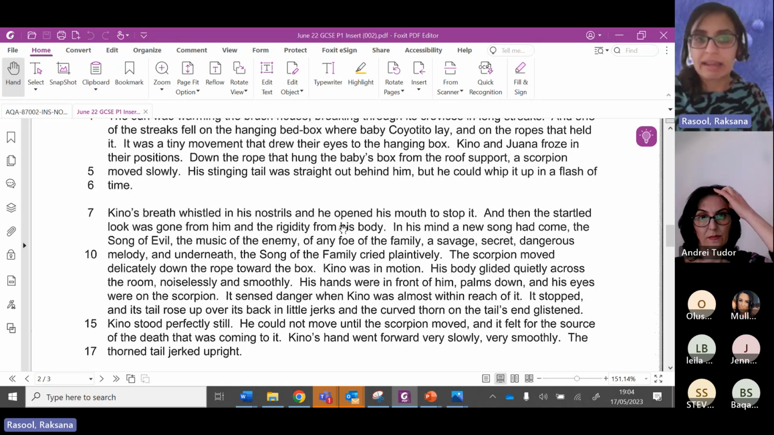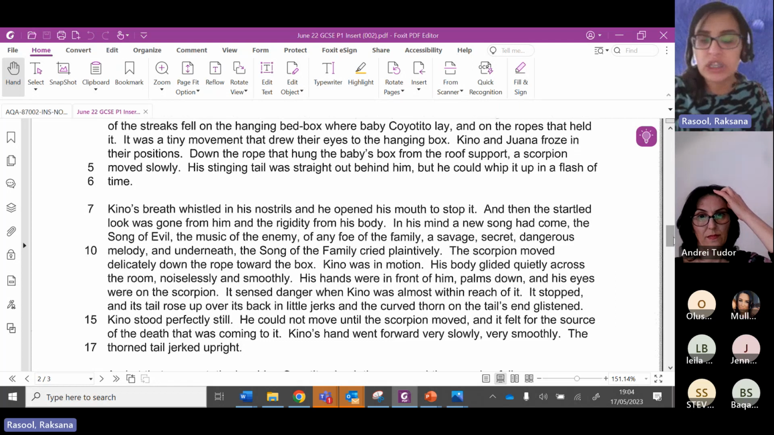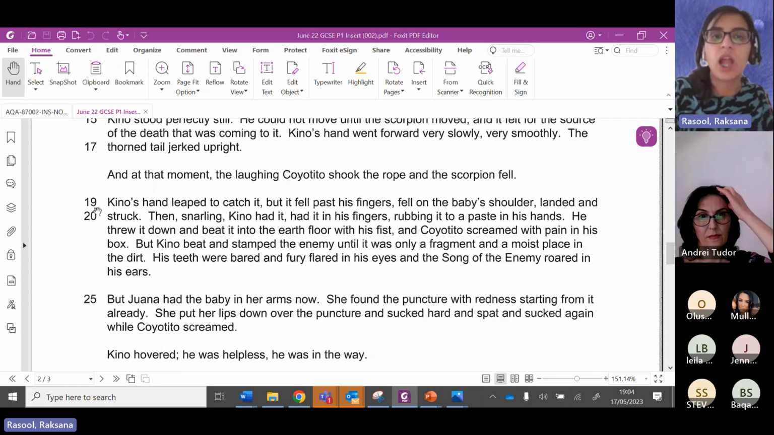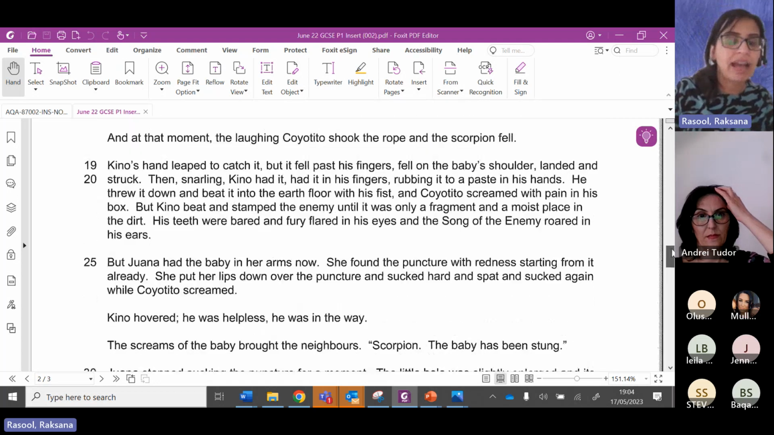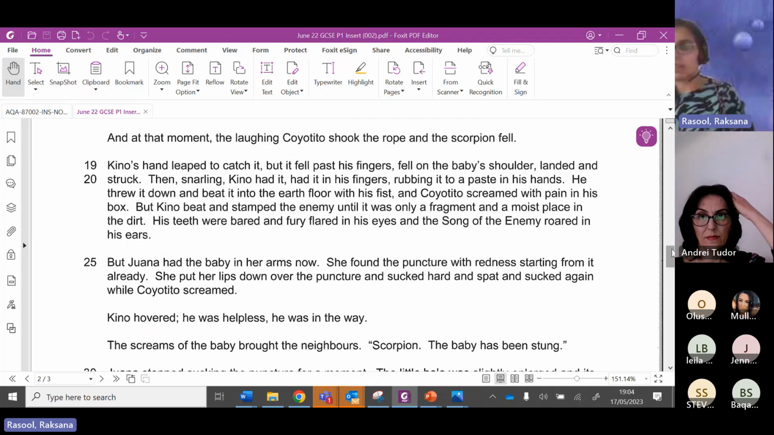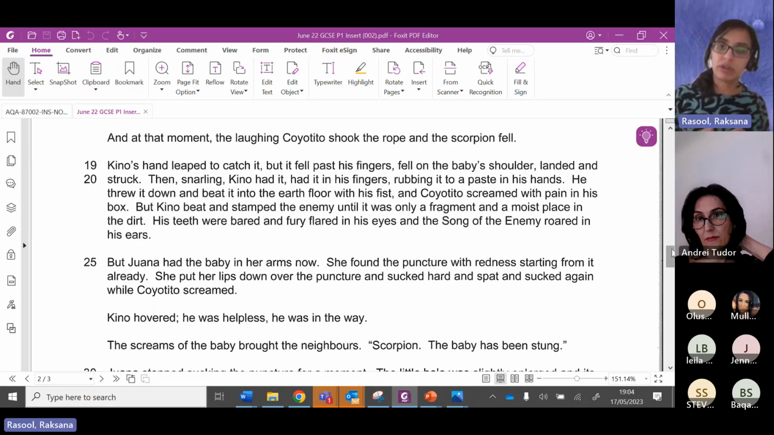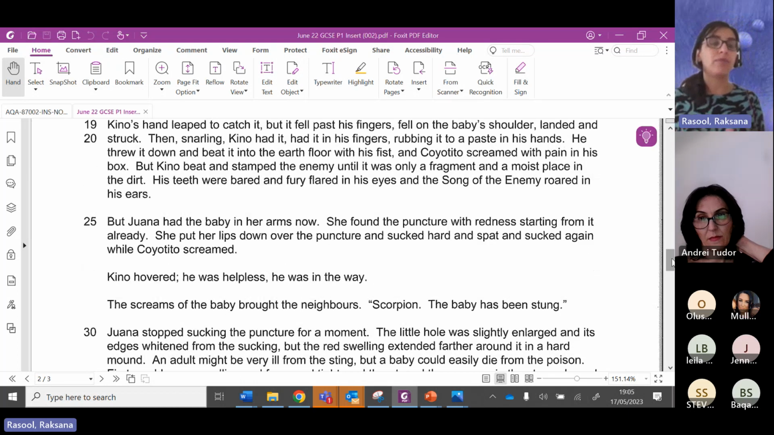So from this part here, he is not unhelpful, but the question is not asking about this, it's asking from line 19 onwards, that he is unhelpful. And actually, how much of that do you agree, that Juana is the one who saves the baby's life and Kino is unhelpful? And it's okay to say, I agree with this statement partly, but I also disagree with it. And as long as you don't spend too much time before line 19, it's okay to say, before line 19,